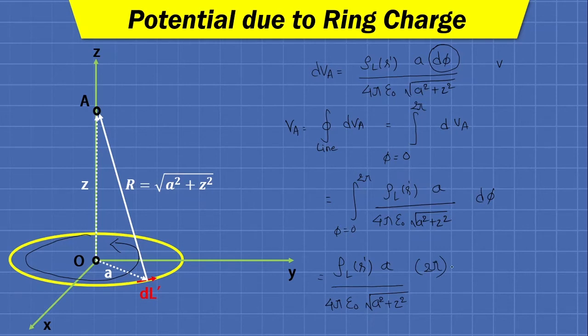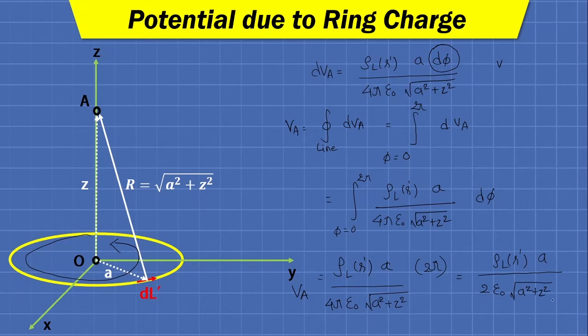Cancelling this 2 pi with 4 pi in the denominator, finally we will have V A equals rho L as a function of r prime multiplied by a divided by 2 epsilon 0 under root a squared